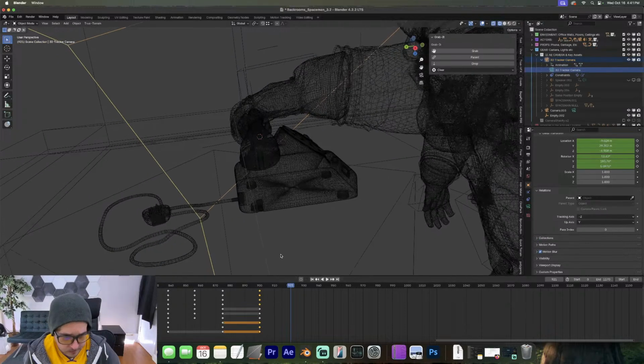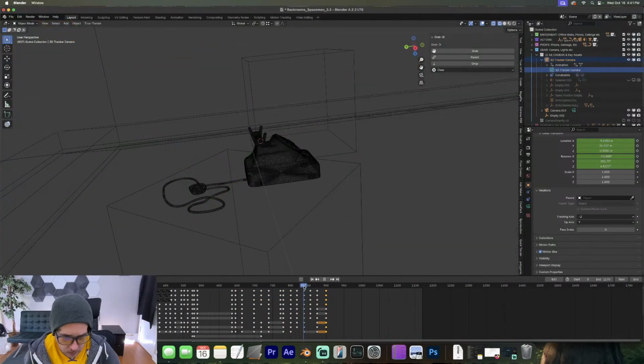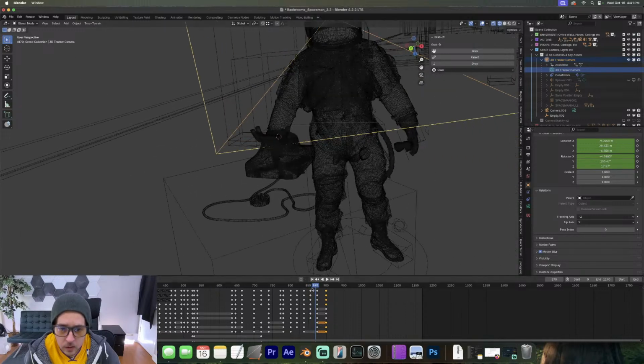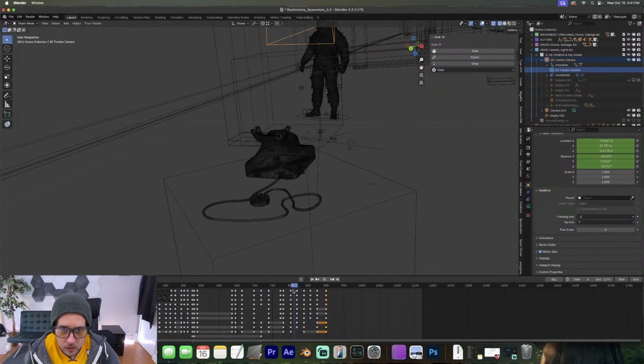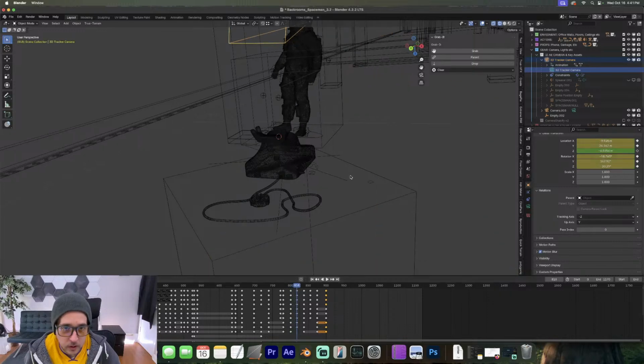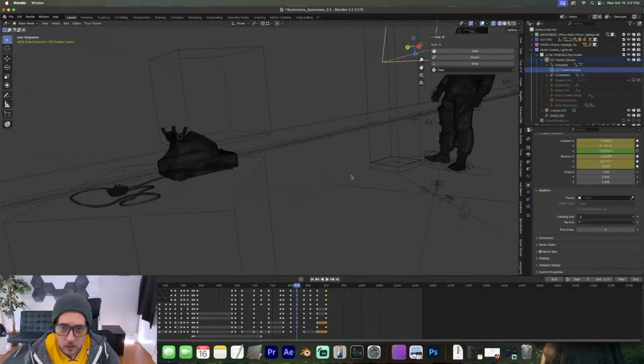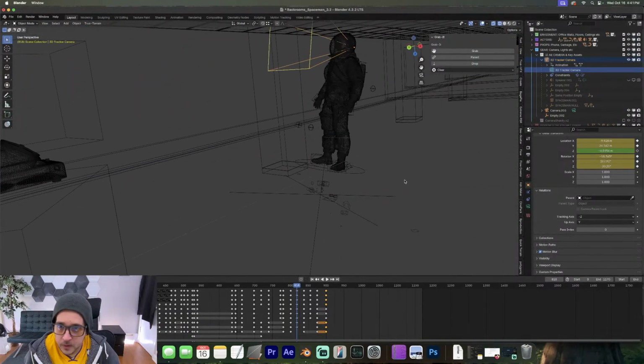Camera. Looks like he's walking through a, oh no. That's just the,